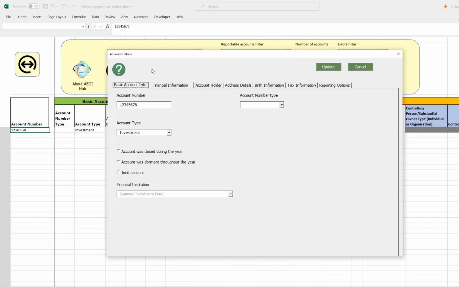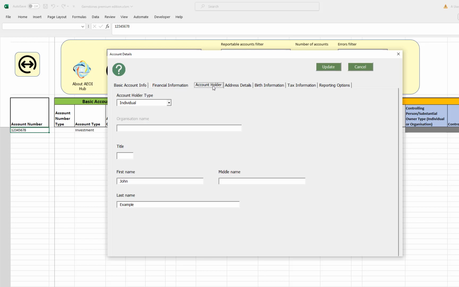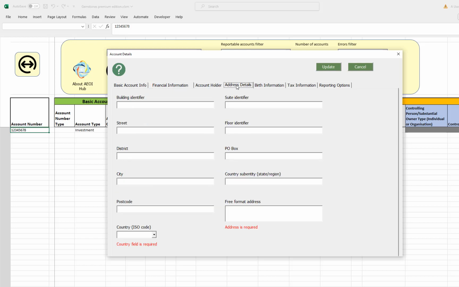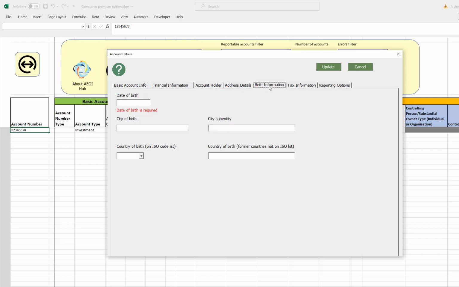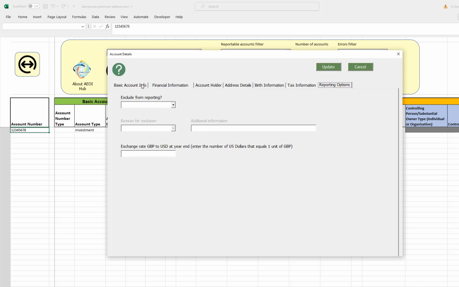The account details screen is showing you the same information that you saw in the spreadsheet view. It's just laid out in a tabbed format. So here I've got tabs for the basic account info, financial information, account holder details, address details, birth information, tax information, and finally reporting options.